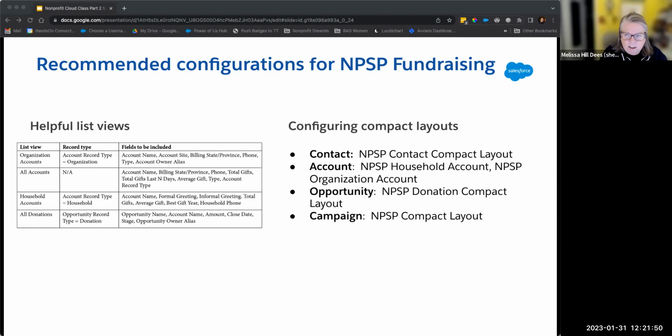And it can make such a huge difference, even if you clone one of these and adjust it to better fit your needs, to see what you need to see in 5 fields immediately at the top of the page without scrolling. So an important part of the recommended configurations for NPSP fundraising. But don't forget,